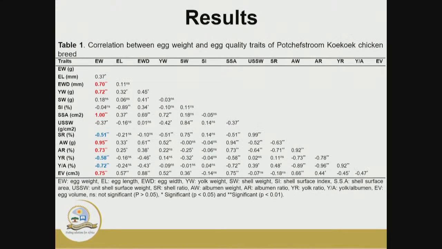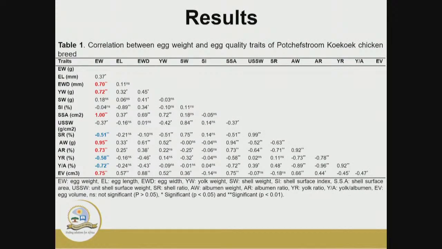Table 1 there shows the results for correlation between egg weight and egg quality traits of Potchefstroom Kokok chicken breed. In the results, 1 star means that the correlation was significant at p-value less than 0.05, and 2 stars means that the correlation was significant at p-value less than 0.01. The findings highlighted in red there are the findings of the traits which had a positively high statistically significant association